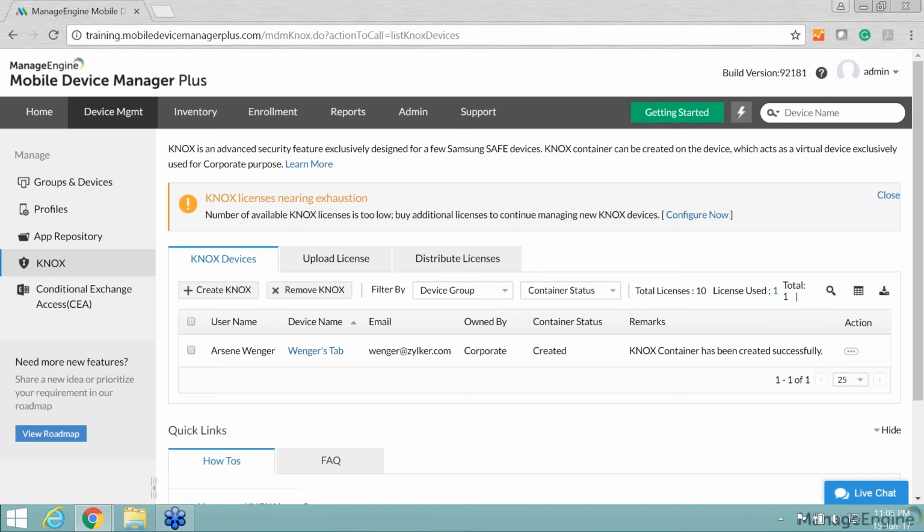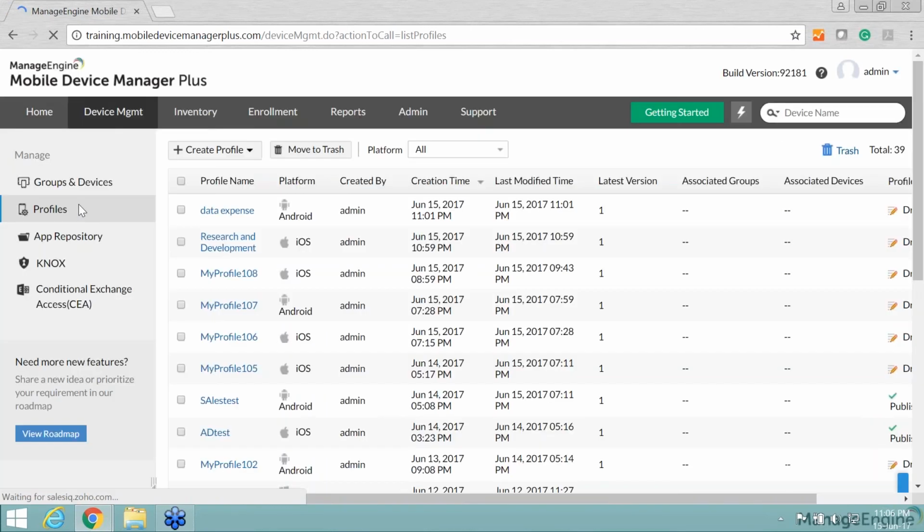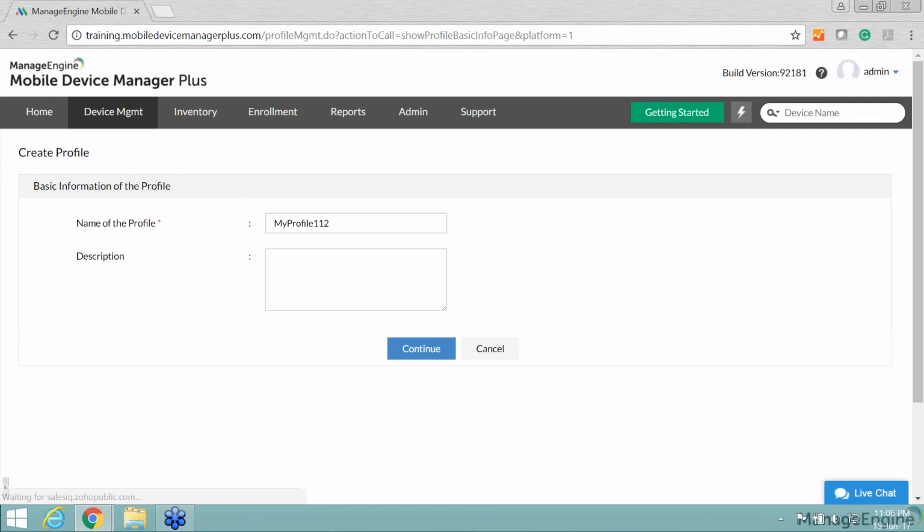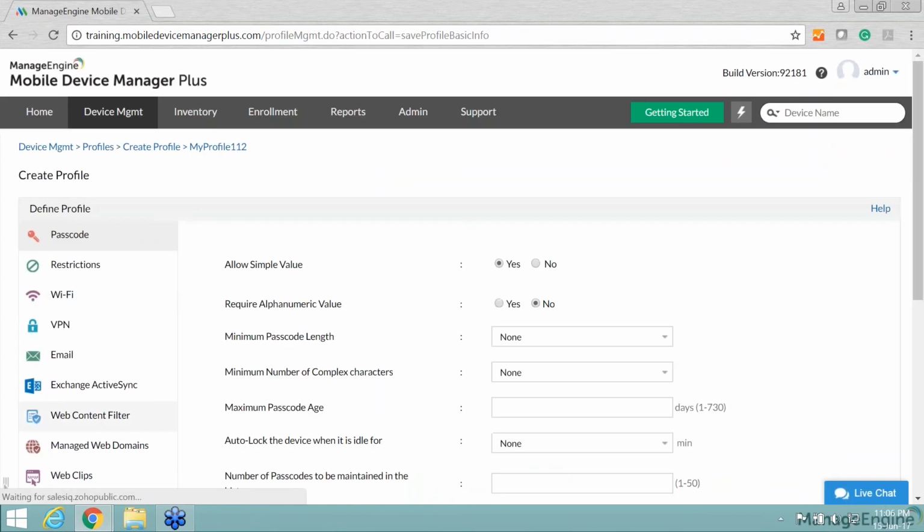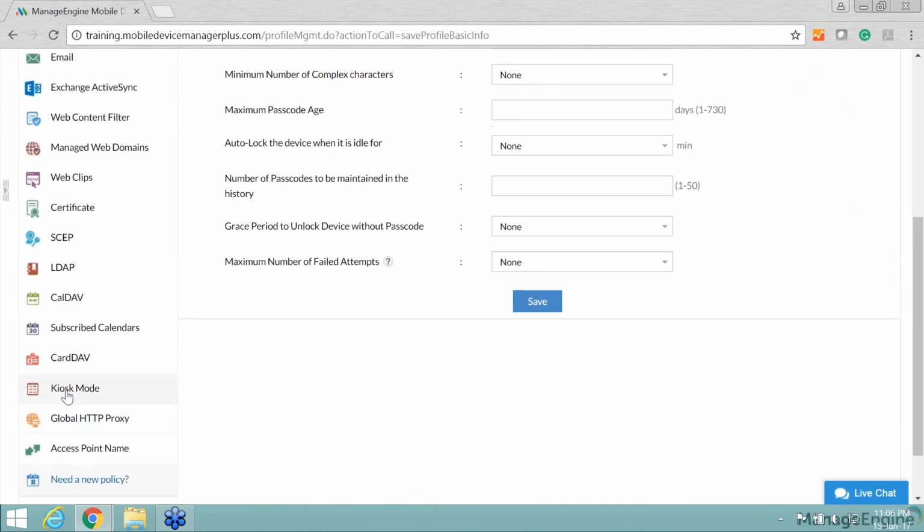On the device and device management tab, I click on profiles. Create a profile. Let's take iOS again. To the bottom left corner, there's something called Kiosk mode. I click on Kiosk mode.